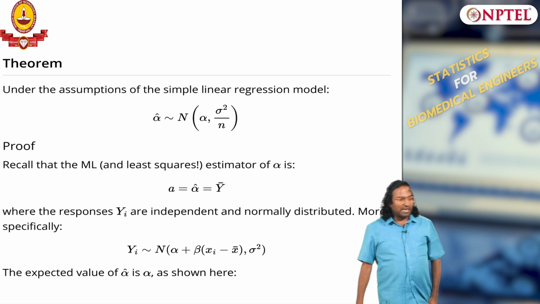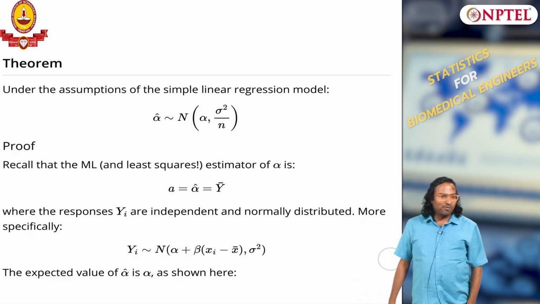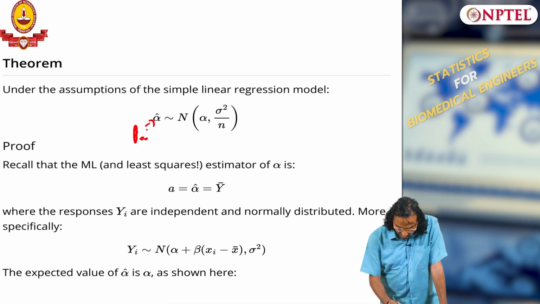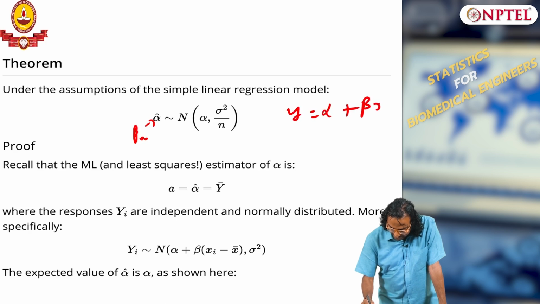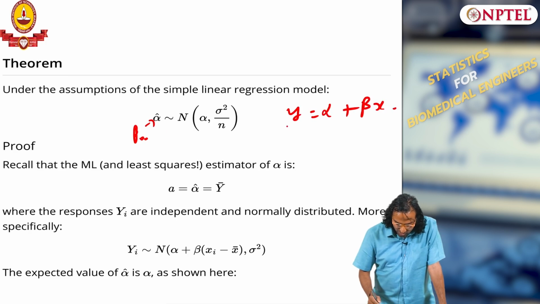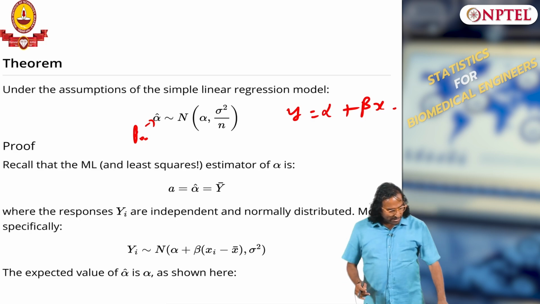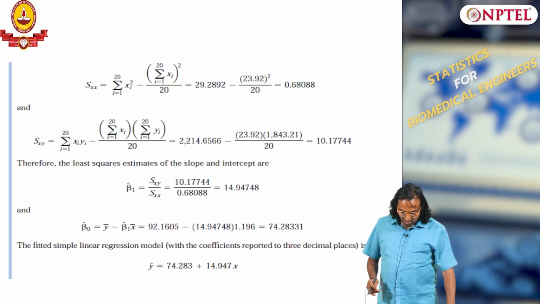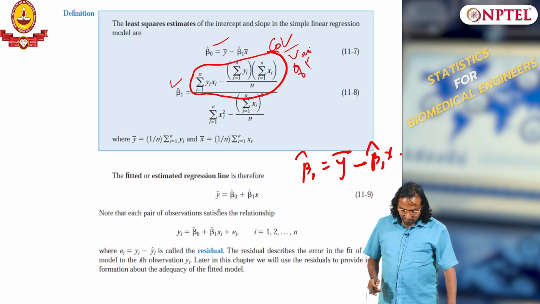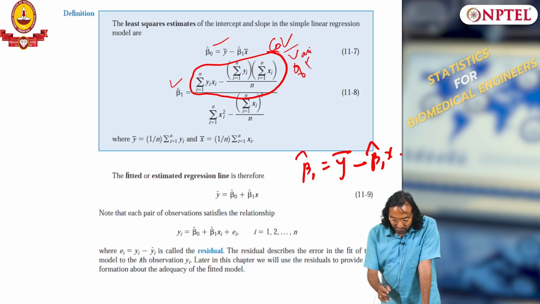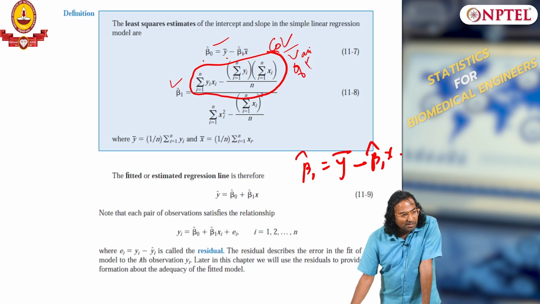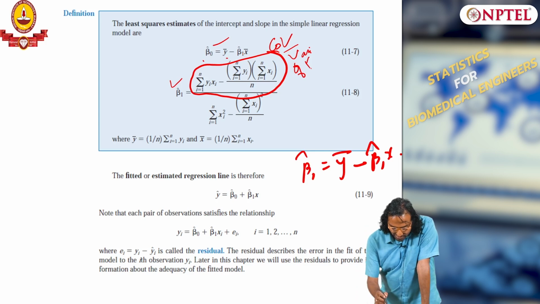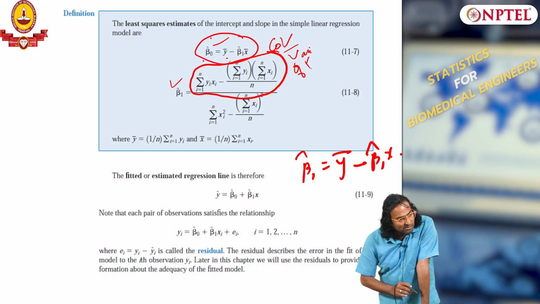So we can actually derive certain things, okay, I am not going to do it. So this is my beta naught, or in the y equals alpha plus beta x model, this is my alpha. If you go back and look at our derivations, what is your beta naught? Beta naught is y bar minus beta 1 hat times x bar, right. This is my beta naught, right.